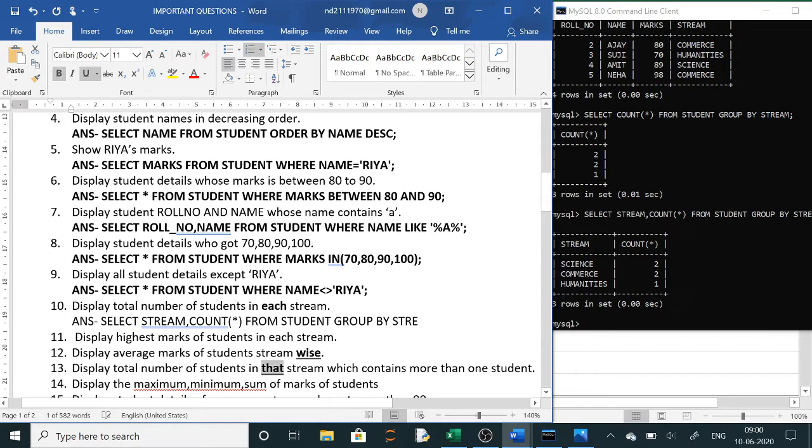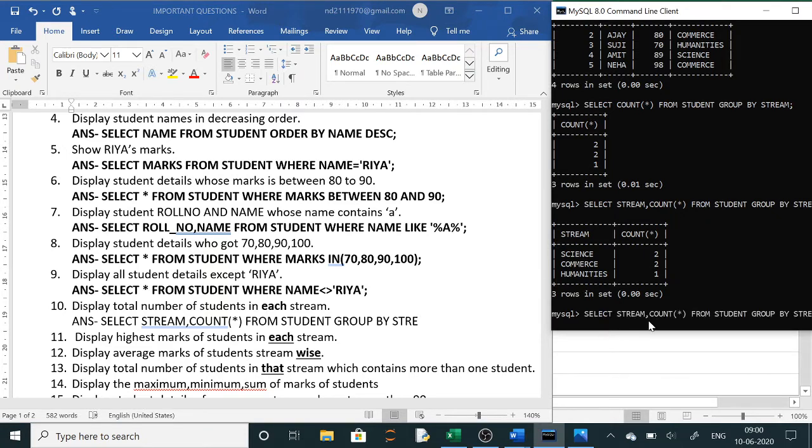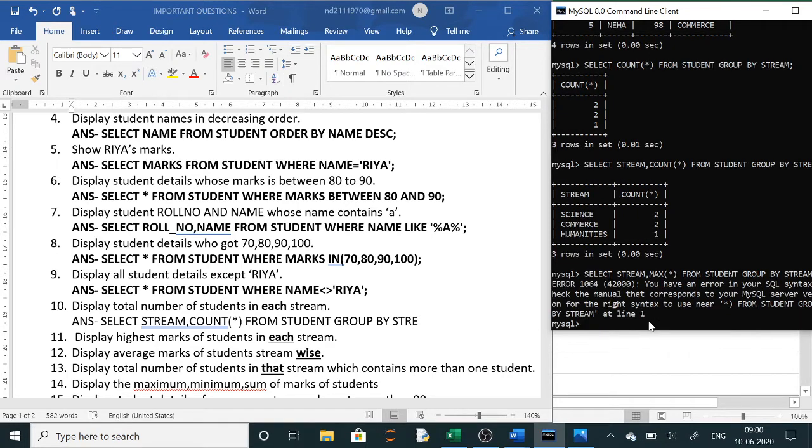So these will all be grouped by. Understood? Wherever these words are there, we will use group by. Clear? So here also, select highest marks or max marks from student. Now it is very easy, of each stream. You just come here, to the previous command only we are moving, and instead of count we are now using the next one, which is max. Everything is the same, only stream wise.